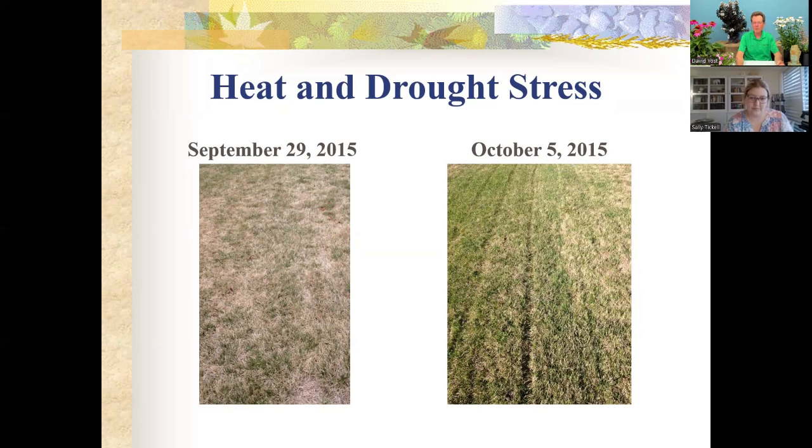You can see there when we are in very hot, dry conditions. So what will happen is on a lawn that has deep, well-established roots, they can go into this dormancy and basically just stay dormant for usually 6 to even 8 weeks. And then we get a rainfall and they'll bounce right back. So that's why I say September 29, we had one day of really nice, good, cool rain. October 5, you can see that grass greening up again.